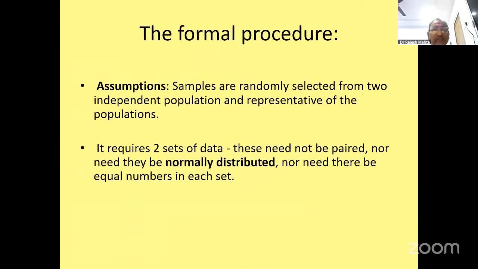Now, in the procedure, the sample is selected from two independent populations and is representative of the population. You are basically comparing two samples. Essentially, you are comparing the two populations from which they are drawn. When the word sample is used, suppose I have a population of 10,000, and if I